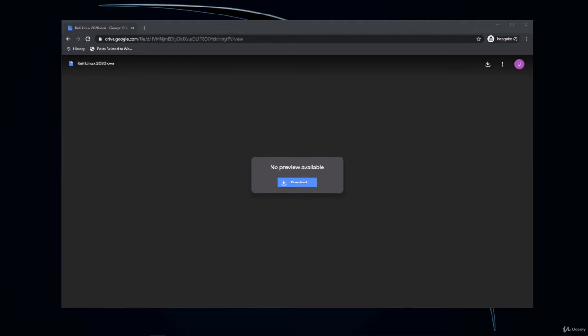Due to the recent changes in Kali Linux 2020, I'll be providing a custom-built VM for all of my courses, although this VM was built specifically for my newest course, Hands-On Penetration Testing Labs 4.0. This can be downloaded from the Google Drive that's attached to this lecture as a text file, as you see